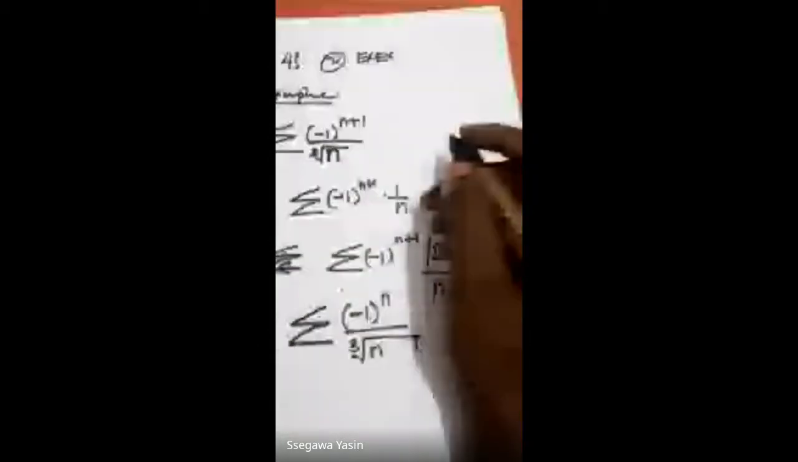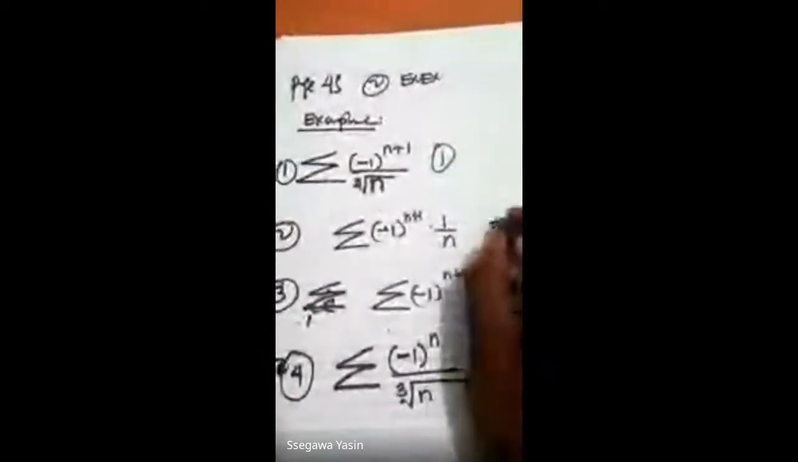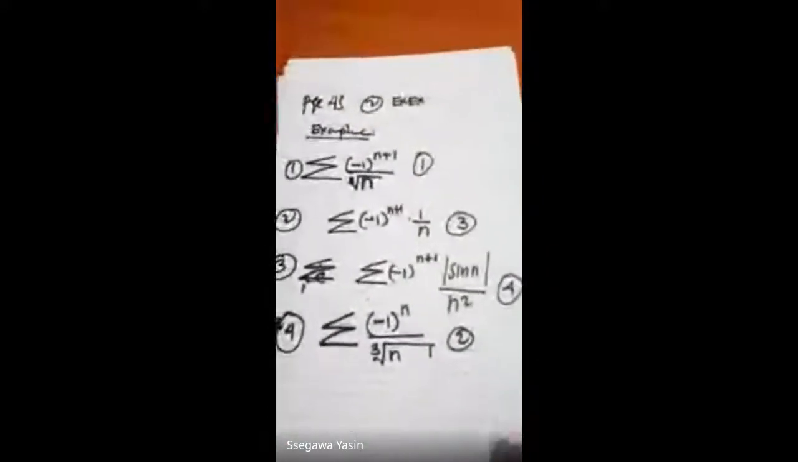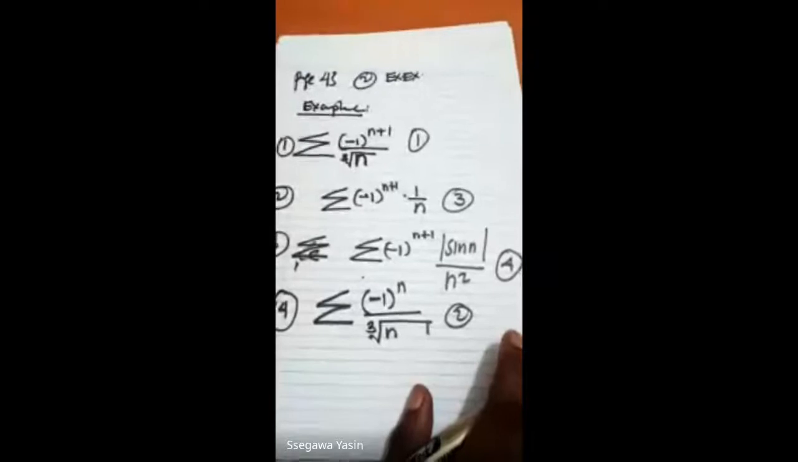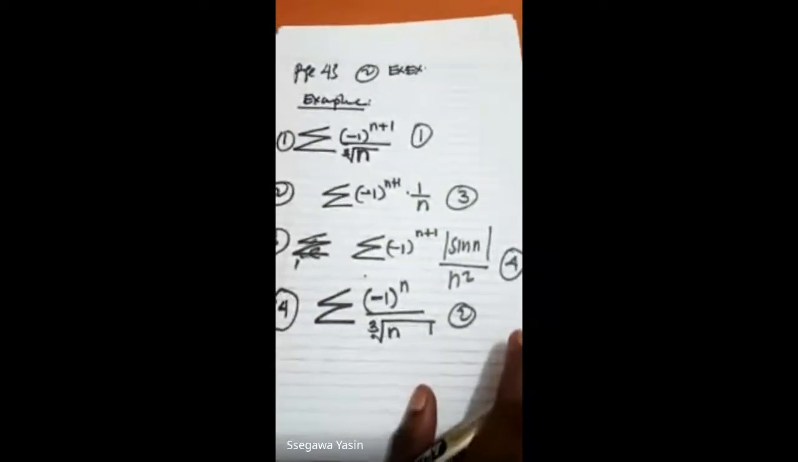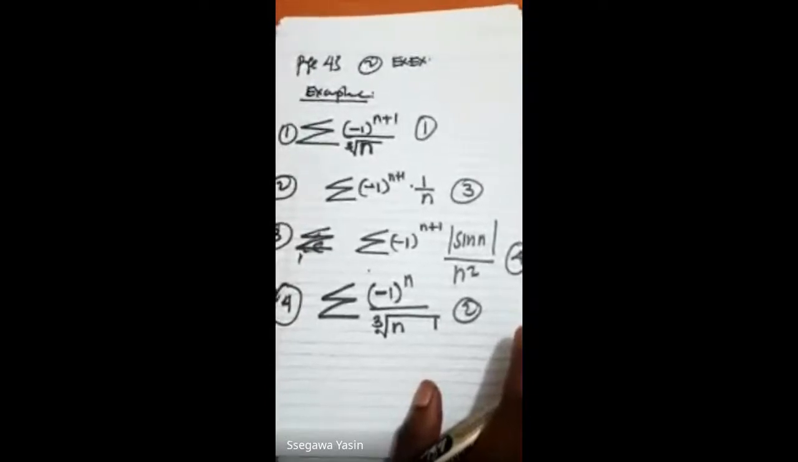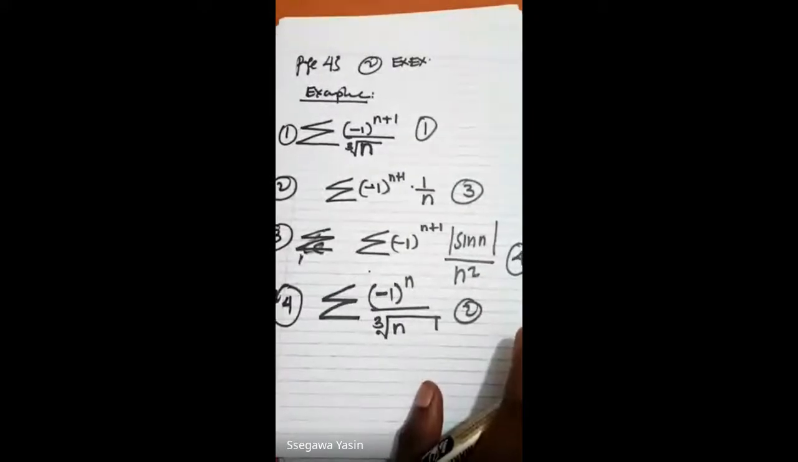I'm changing the arrangement. This is number 1, number 2, number 3, number 4. Please change those arrangements. That is the idea we're going to follow. Number 1, number 2, number 3, number 4. I've rearranged them because of some complications we are going to find out. So number 1,